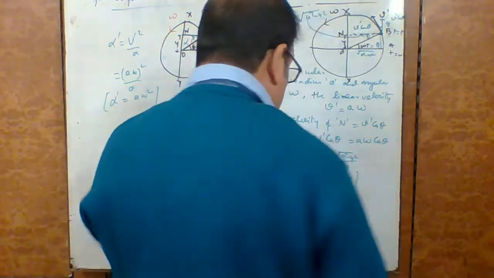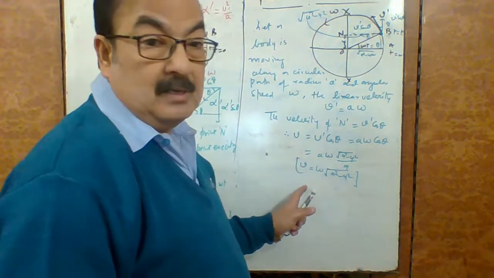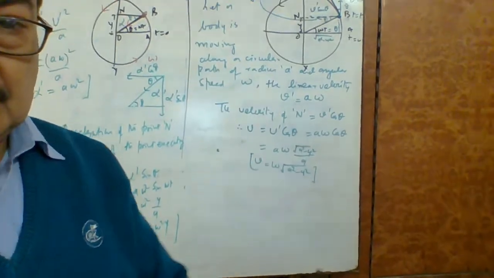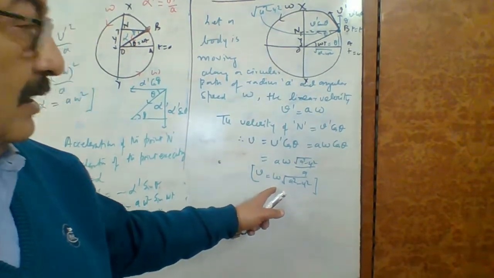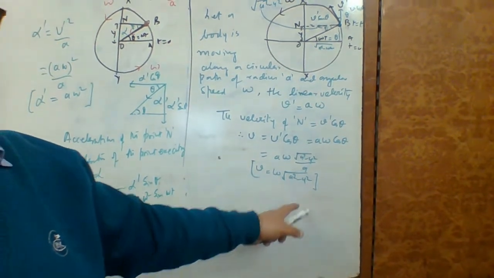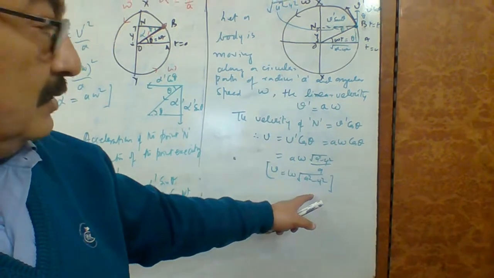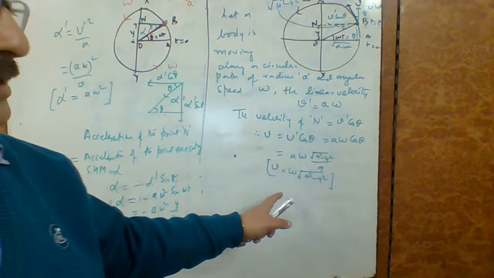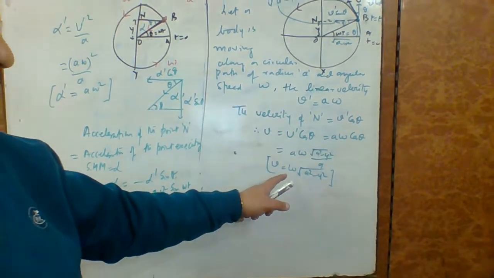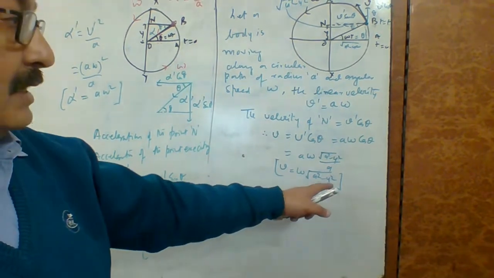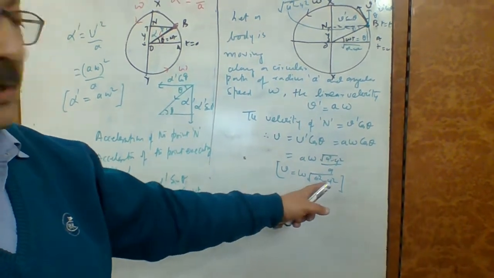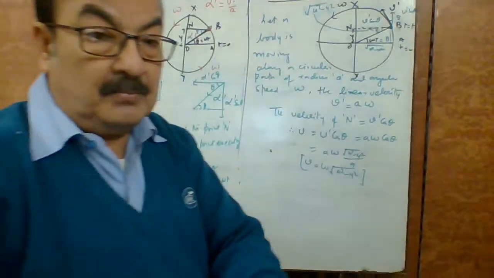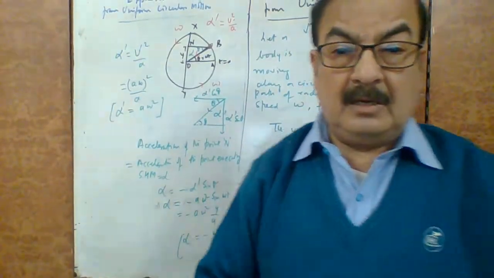On the other hand, when we have the velocity, we can just see that v equals omega times the square root of a square minus y square. Whenever y is 0, then we have v equal to a omega, and that will be the maximum velocity. That means it is at the origin, or the mean position, where the velocity is maximum. At the extreme point, when y equals a, velocity becomes 0. That is why it is not moving further.